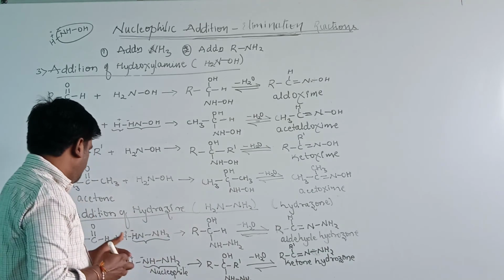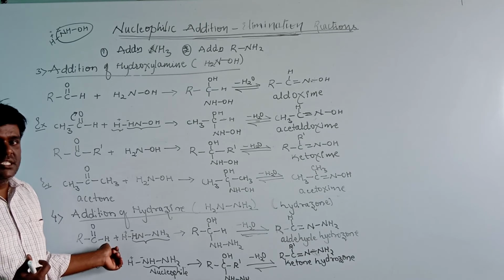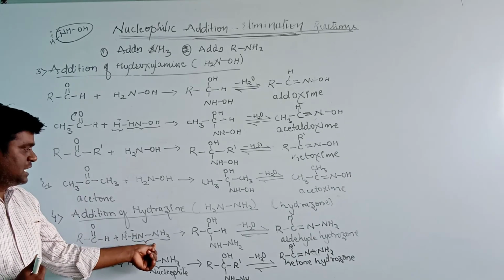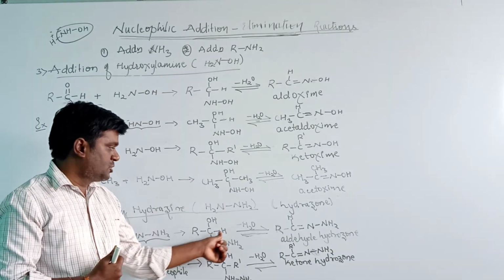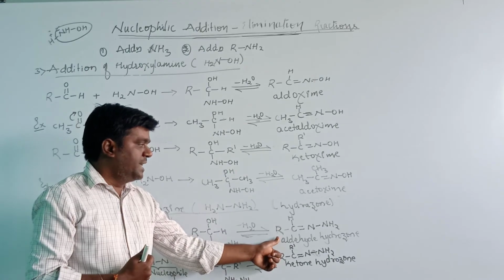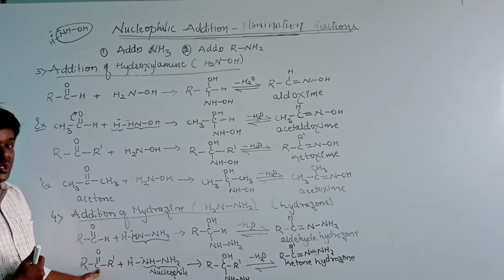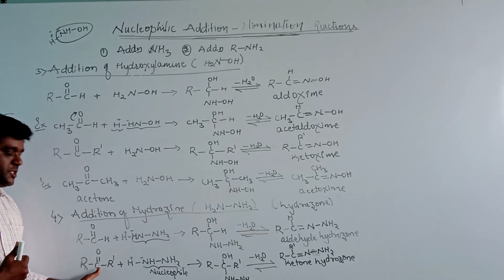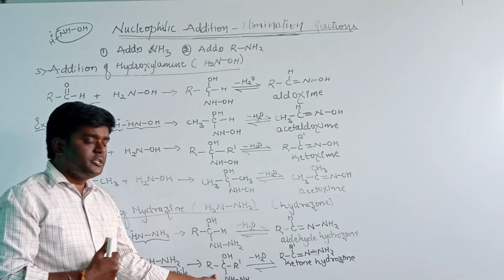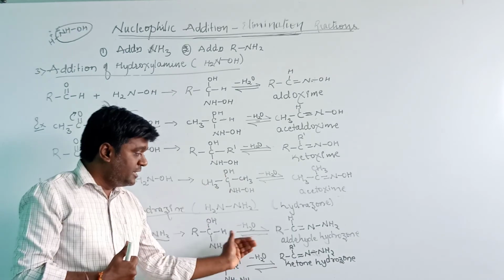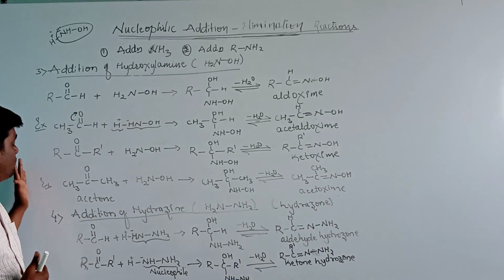Consider that in place of an aldehyde, we take acetaldehyde. Acetaldehyde is the aldehyde and reacts with hydrazine. Then it will give the addition product, which on further dehydration gives acetaldehyde hydrazone. In the place of ketone, if we take acetone as the example, when acetone reacts with hydrazine it gives the addition product, which on further dehydration gives acetone hydrazone. This is about the fourth example.